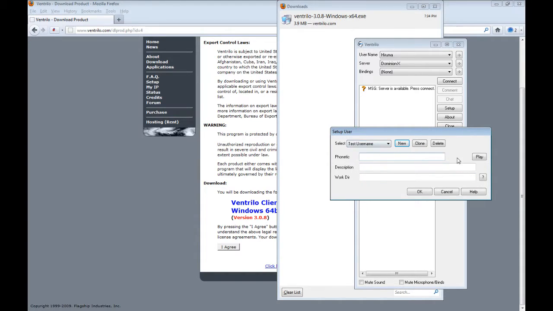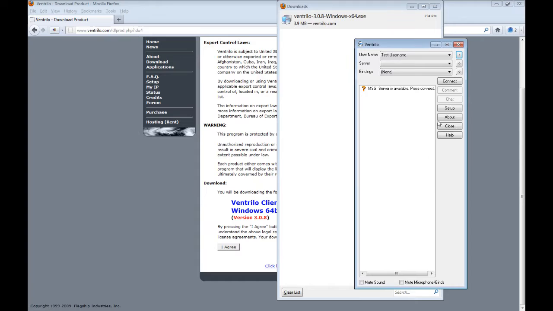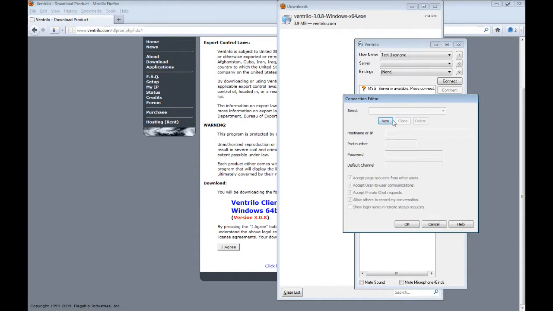Now that it's set up, you can set up a phonetic, which will basically play your name phonetically when you join. Once we're done with this, I'm going to click OK, and the next thing to do is set up your server. For that, again, you click on the arrow right beside where it says server, and it brings up new. We're going to type in test server for testing purposes,